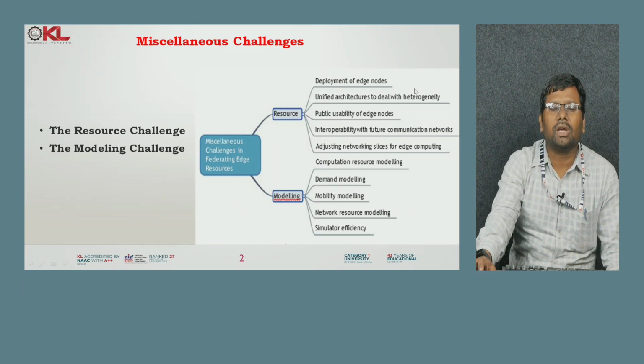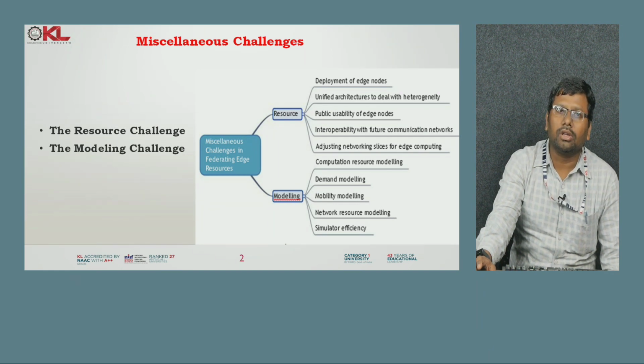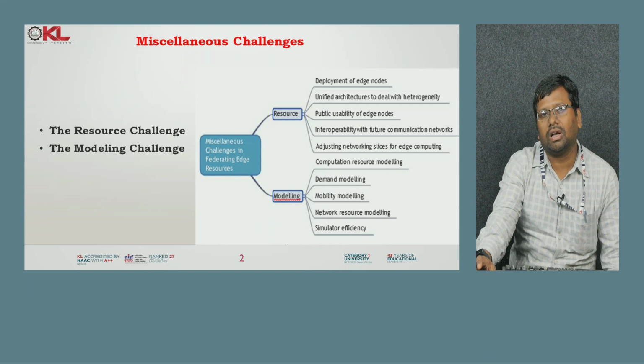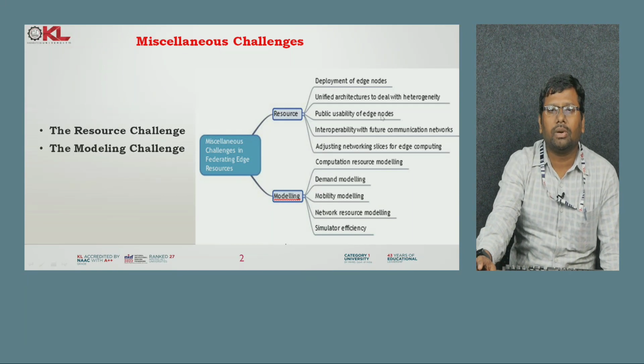So not only with the same kind of environment, the architecture that has been developed or evolved should challenge any kind of working environment. It is not like your edge device is going to give excellent results when there is no load, or the load is at a moderate rate, but when there is a heavy load you are unable to get good quality results. There should be a unique architecture that addresses different sorts of challenges with respect to a heterogeneous environment. Next, public usability of the edge nodes.